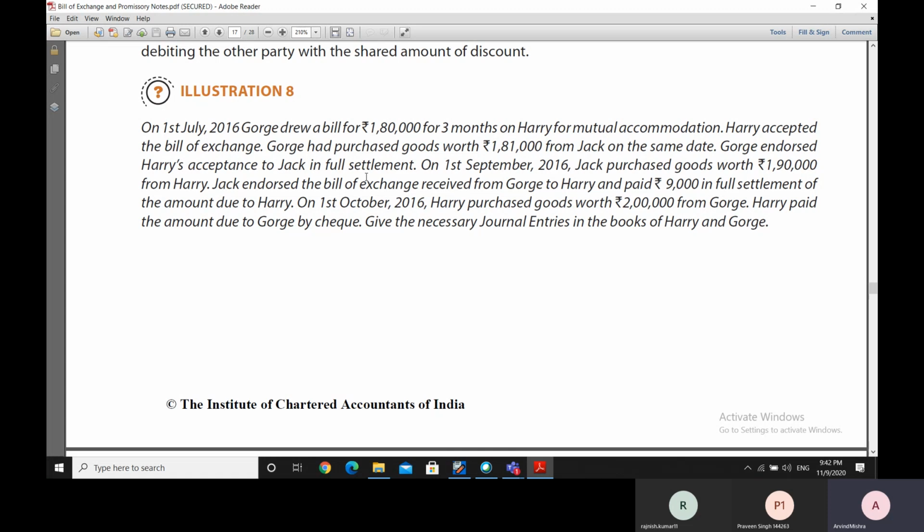But in between, Jack purchases goods worth 1,90,000 rupees from Harry. So he has to make the payment of 1,90,000 rupees to Harry. But Jack has got Harry's acceptance, so he can collect from Harry 1,80,000 rupees. Now he has that right to collect 1,80,000 rupees. So while purchasing goods, he will use up that bill or that acceptance for 1,80,000 rupees, and for 10,000 rupees